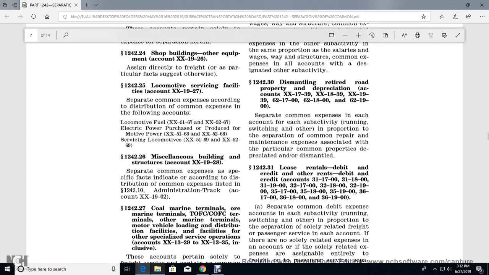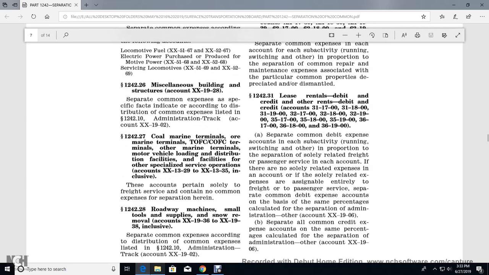124226 of the miscellaneous building structures 1928. The separate common expense of the special facts indicate that according to the distribution common expense listed 124210 of the administrative account XX 1902. 124227 the current coal marine terminal with the marine terminal trailer on flat car container on